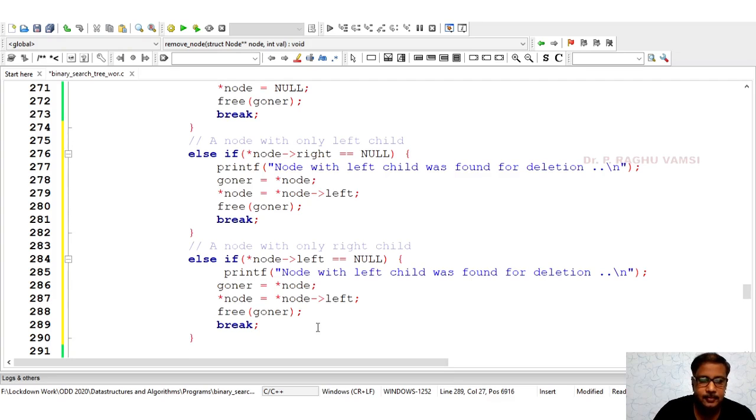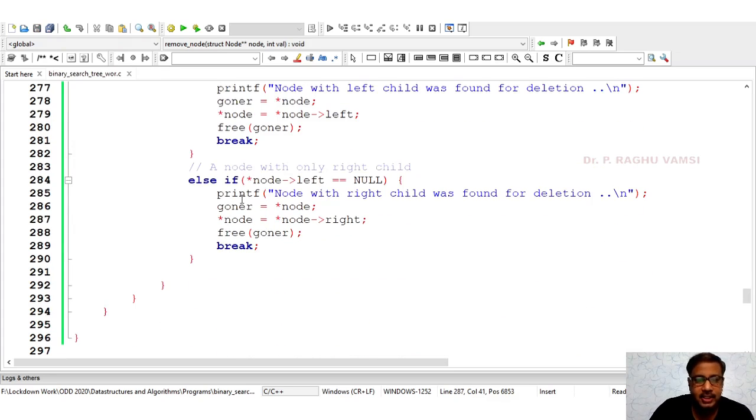Break. So here printf node with right child was found for deletion. So goner is equal to star node. So star node is equal to star node right, free of goner.